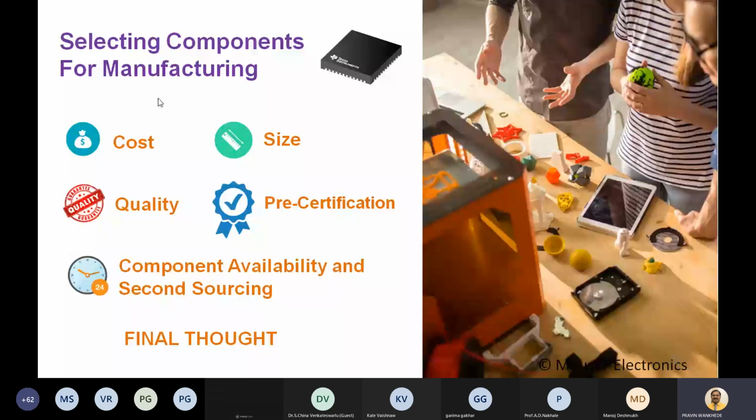Why is this so? Because in many colleges there is one thing people do. They force students to learn this platform, learn this hardware, and then develop the hardware. Generally, students tell us that they know Arduino, ESP32, or sometimes the Raspberry Pi. But as guides or faculty, if we are good at STM microcontrollers, then we tell them to go through the STM microcontrollers only, or just the PIC microcontrollers only, because you are aware of that component.